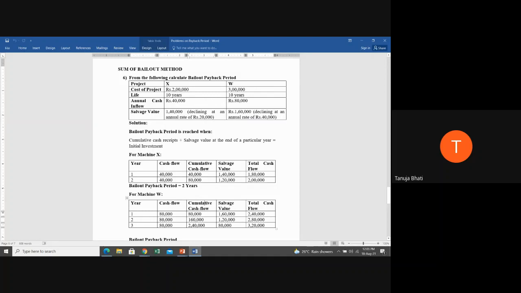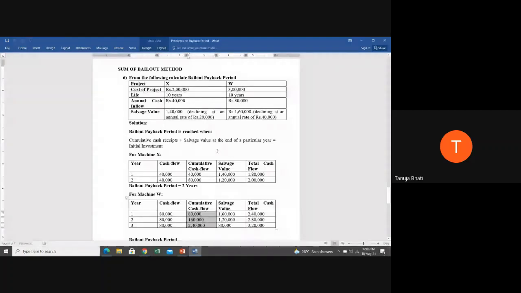Now next you need to find out the cumulative cash flow. So what is going to be the cumulative cash flow? 80,000 of the current year. For the first year it is going to be the same as the cash flow because there is no preceding year's figures. For the second year you're going to take the cash flow of the second year plus the preceding year's cash flow. So 80 plus 80, 1,60,000, and similarly for the third year it will be 1,60,000 plus 80, that is 2,40,000 as your cumulative cash flow.